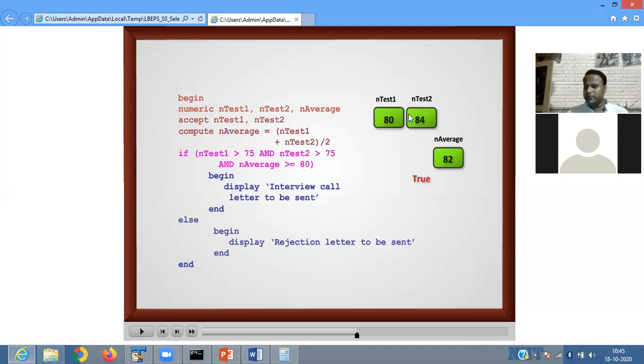Test2 is greater than 75? Yes. Then 84, 80 and 84 average is 82. So 82 is greater than or equal to 80. Yes. So all the conditions are true. If all the conditions are true, it gives you the interview call letter to be sent. Okay. Understood this part? Yes.